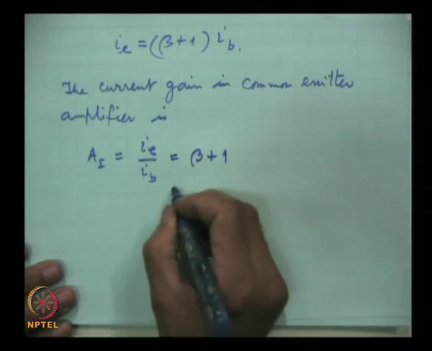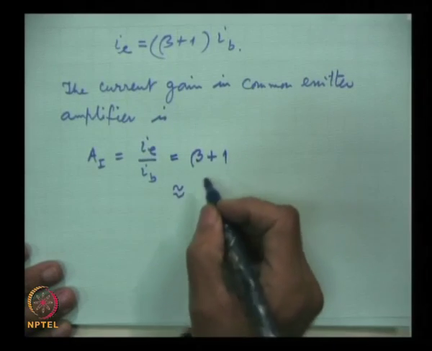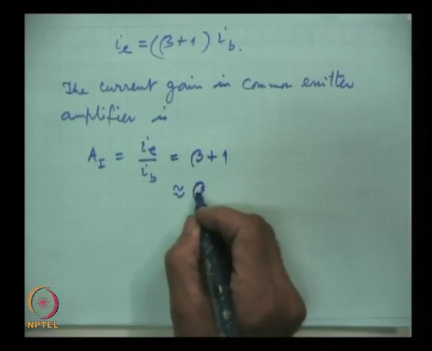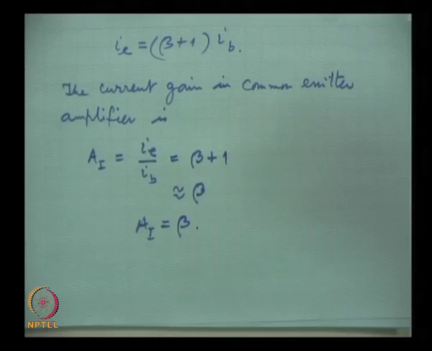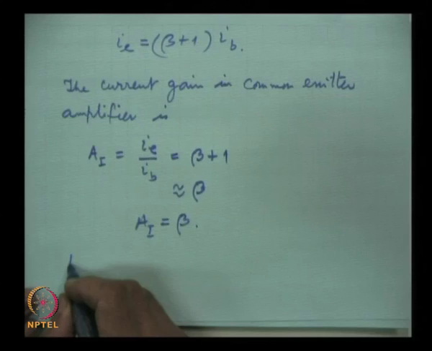So, 1 can be neglected, and this is beta. Current gain is high. Now, voltage gain is unity, that means there is no voltage gain, but power gain